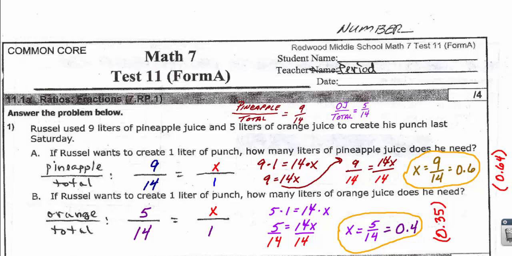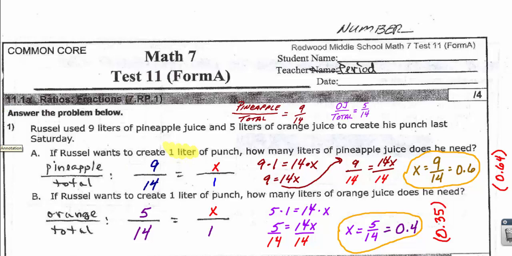fractions, ratios, in fraction form. We create one right here for the total amount of the pineapple compared to the total amount of the entire punch, 9 to 14. We create another right here, the orange juice to the total, 5 to 14. So then question A is, if he wants to make just 1 liter of punch, how much pineapple will he